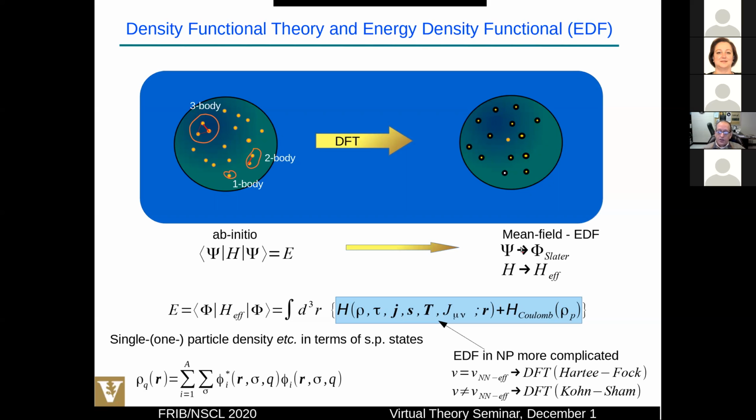And if we use these to calculate the energy of the system, we find that for most effective interactions it can be written as a volume integral of some quantity. And this is why this is called the energy density. And as you see, the energy density is a function of various things like rho, the kinetic energy, spin currents, spin tensor, etc. And you also have the Coulomb interaction. And of course, this is much more complicated than the case in condensed matter physics, as we see. And so all these quantities are computed essentially from single particle states. So that's the essence of